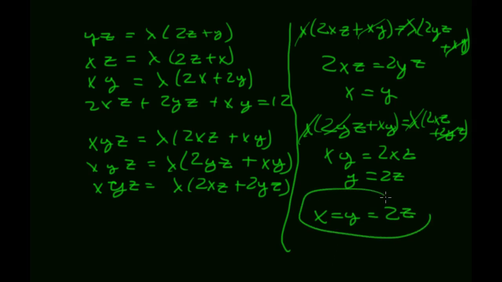Okay, so that's a critical notion, right? X is equal to Y is equal to 2Z. Okay, so I have X is equal to Y is equal to 2Z, but I also know from the constraint